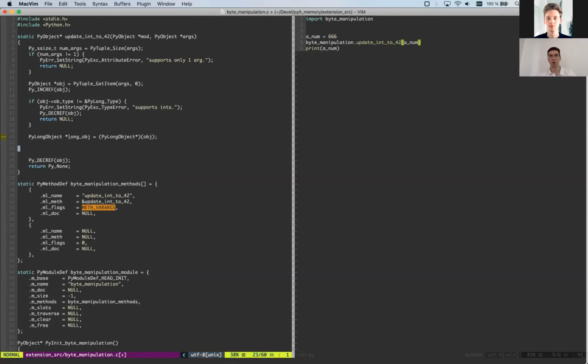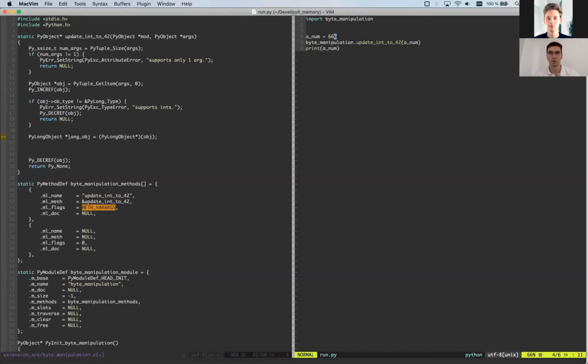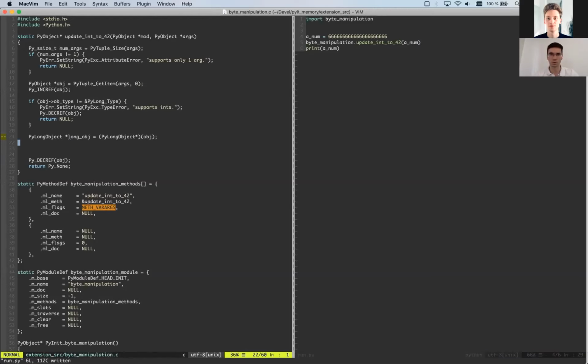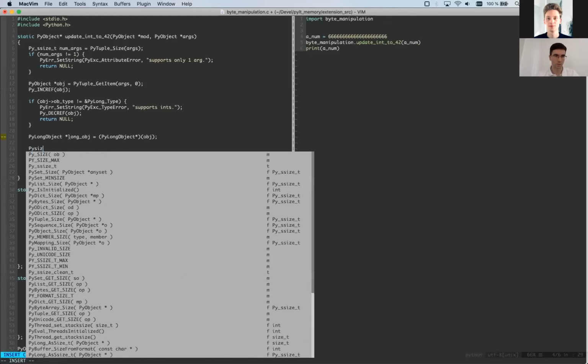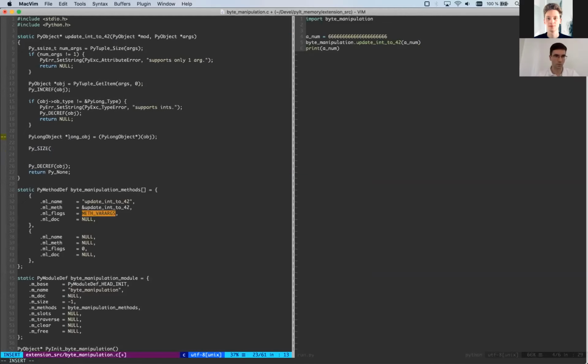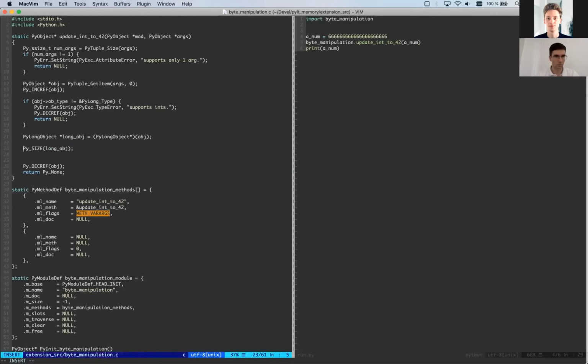But I also want to limit this: I don't want to work with really large integers. If I have a really large integer, it's gonna be stored in a really complex way, and I don't want to deal with that. There is a way to find the size of the object. So can I pass the long object? Yes.